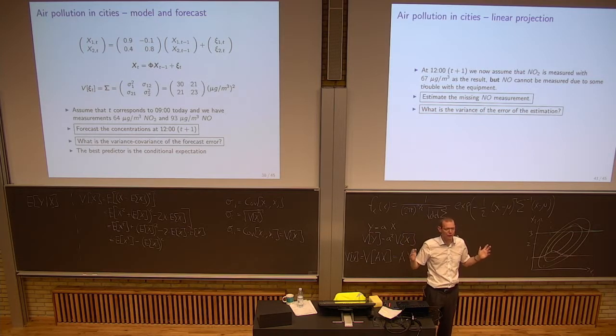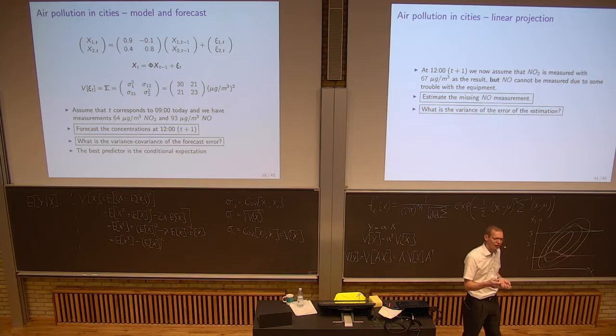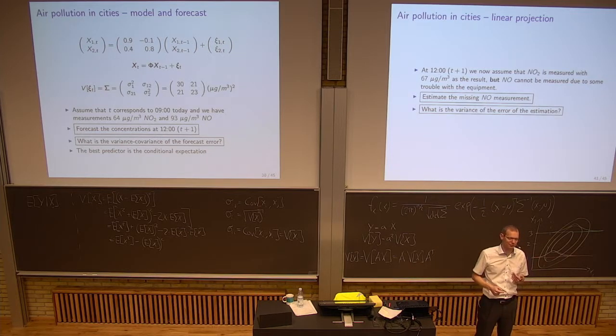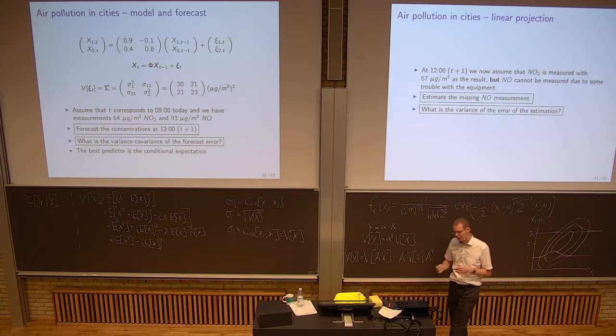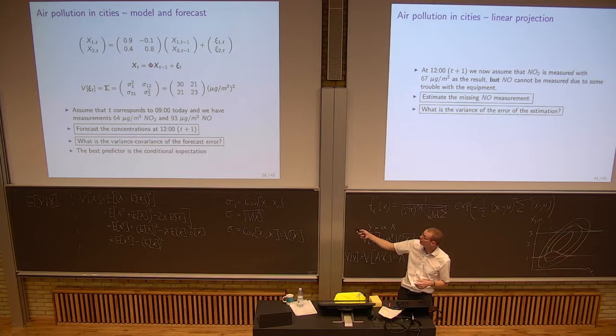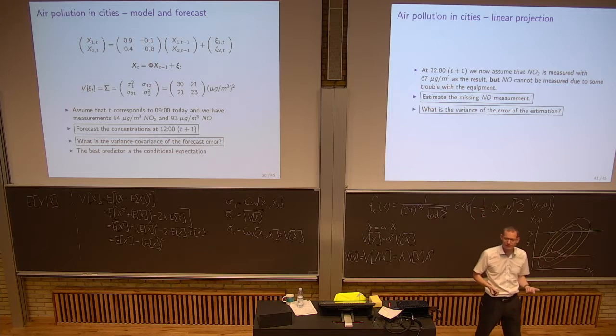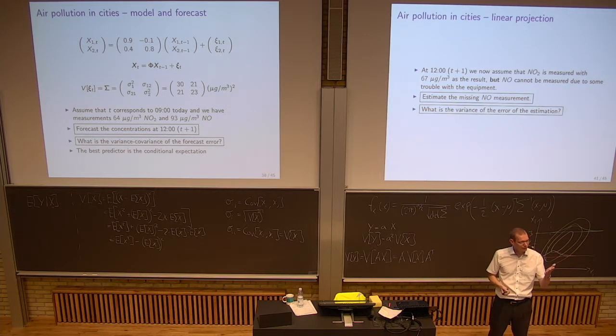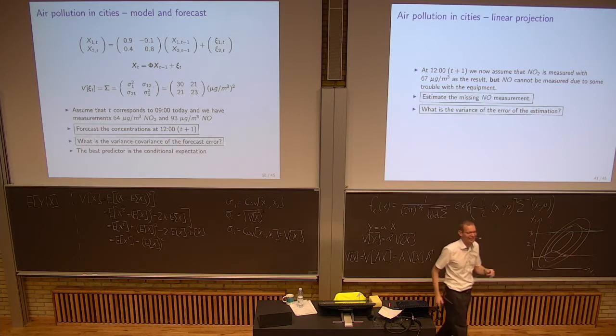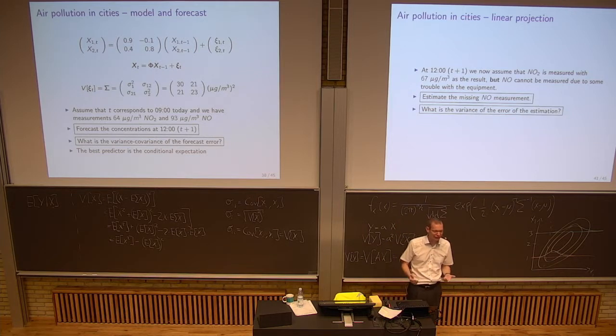Well, what we did was we predicted something, and then we observed something that was slightly higher. So given that there is a large covariance between the two, what would you expect to be the case for the nitrogen oxide that we did not observe? What would make the most sense? It should be higher. But how much? I don't expect an answer to that. But I expect that we find an answer to it. And I also want to find the variance of that expectation.